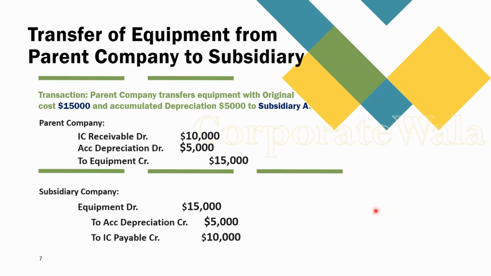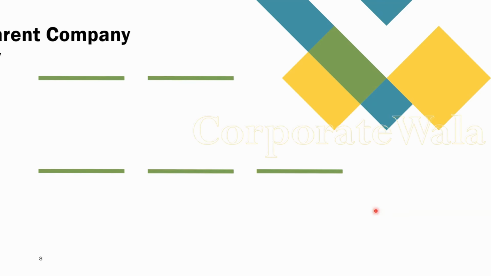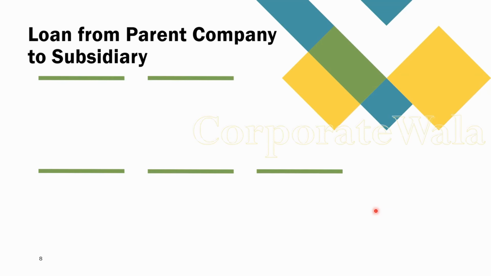So your final entry would be equipment account debit to accumulated depreciation to IC payable. So I hope both the entries are clear to you. Now moving ahead, let's talk about our third entry, which is going to be loan from parent company to